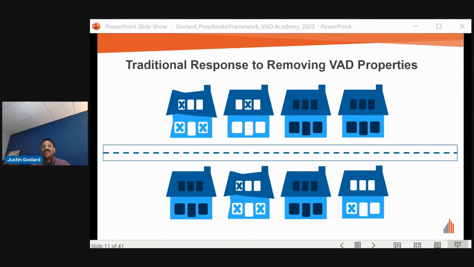Most decision makers are deeply aware of the harms bad properties present for communities and therefore set out to address them as quickly as possible. Oftentimes, local governments will establish purely punitive systems to hold individuals accountable and to remove bad properties when necessary. When funding allows, they'll typically identify and demolish the worst properties, which present a clear and imminent threat to the health and safety of the neighborhood.